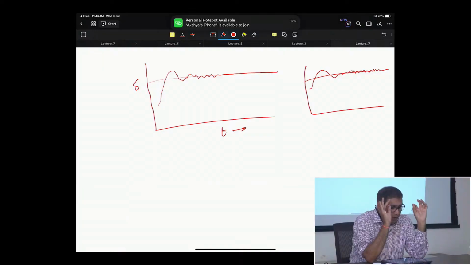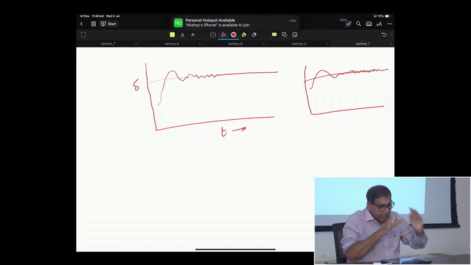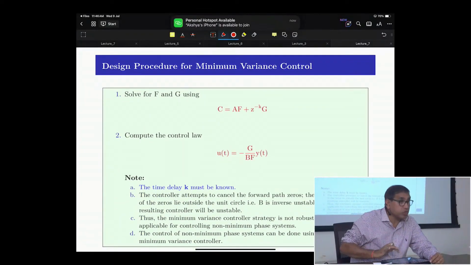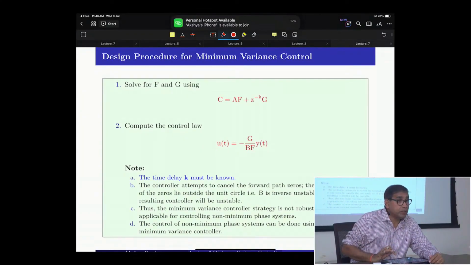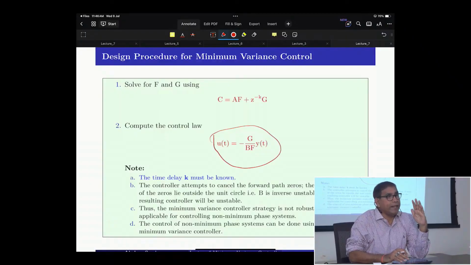And the important point is, the noise component C by A polynomial can be split into two parts. One part you can predict, another part you cannot predict. What is my point? Now, any questions until this point? See the concept here. If the concept is clear, that the minimum variance controller, if you are doing it, you will find later on,